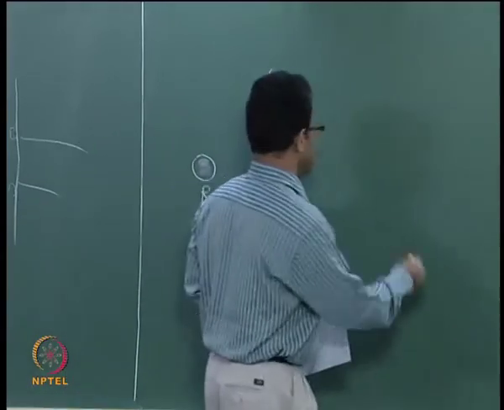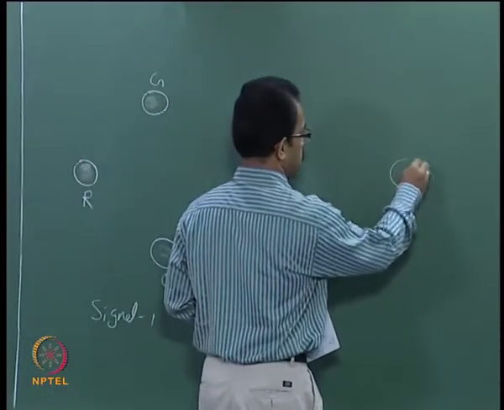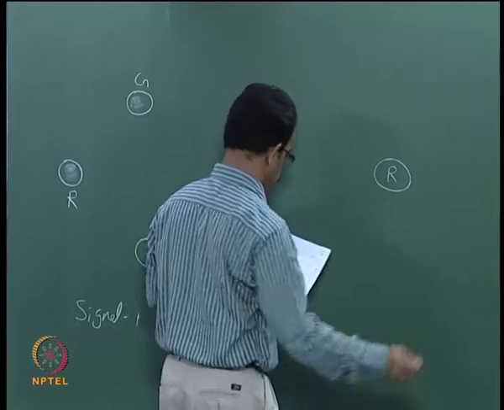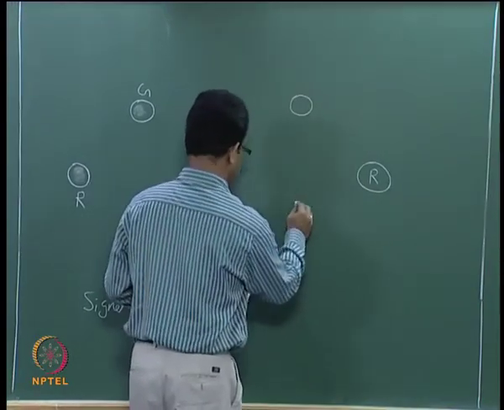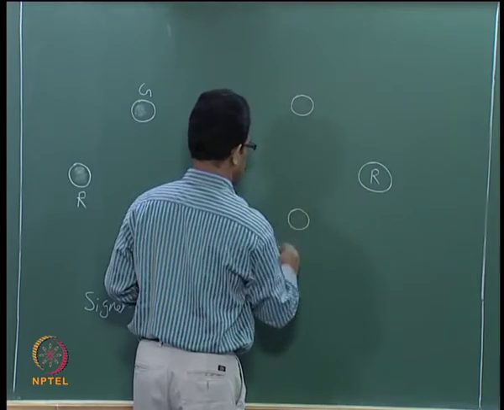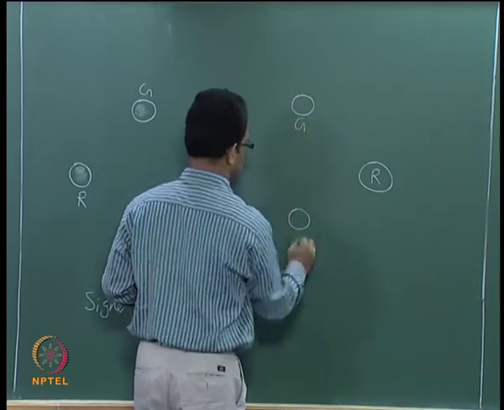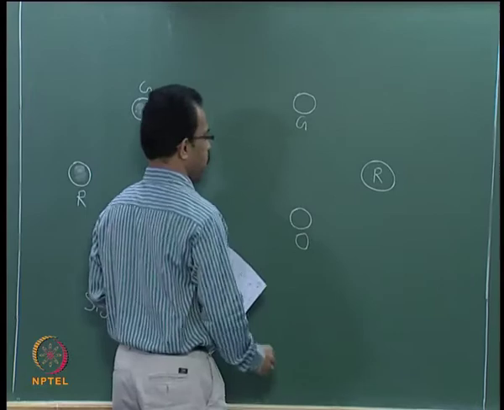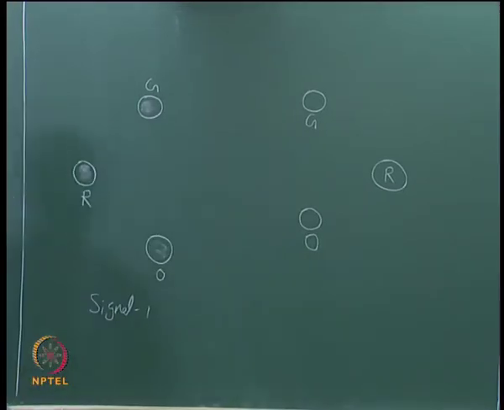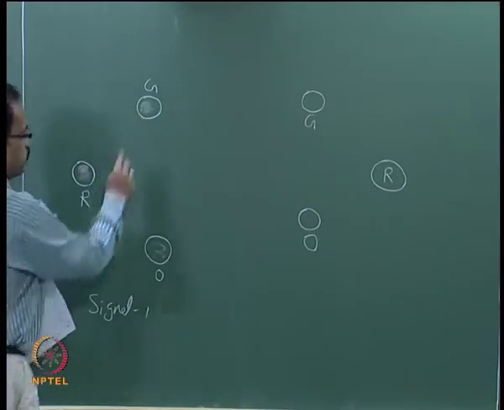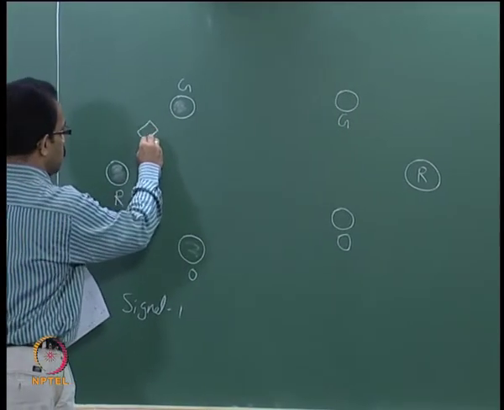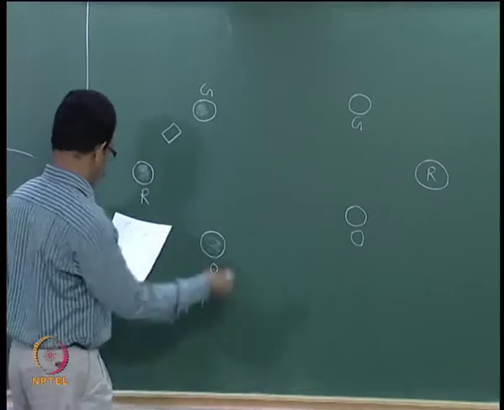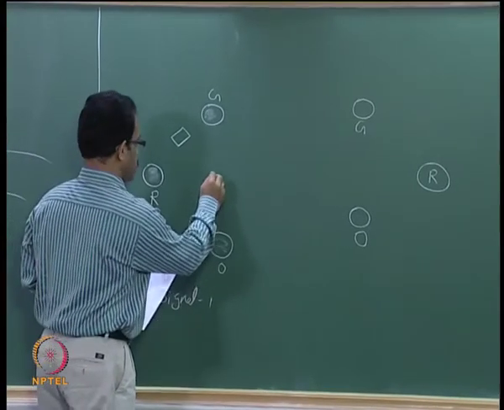and similarly we have signal 2 also. We have the red signal, then the green signal, and then the orange signal. So red, green and orange, and we need to have the transitions, because when we want to change from red to green you need a transition. So we will represent that transition here, then green to orange, one transition.